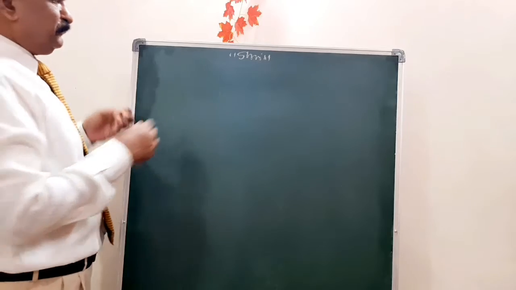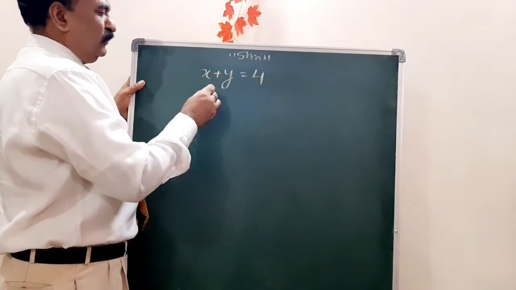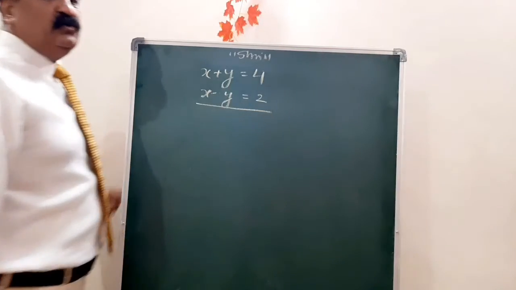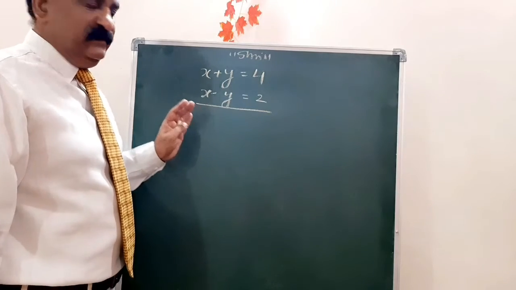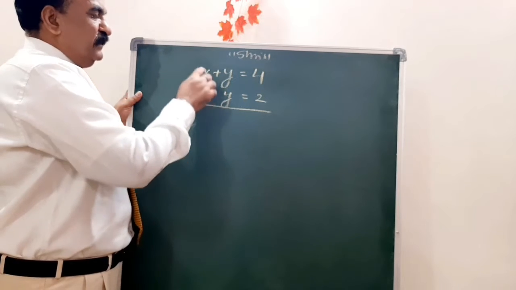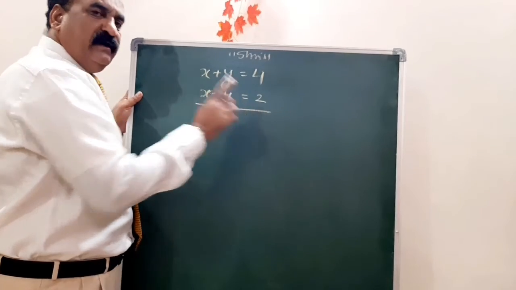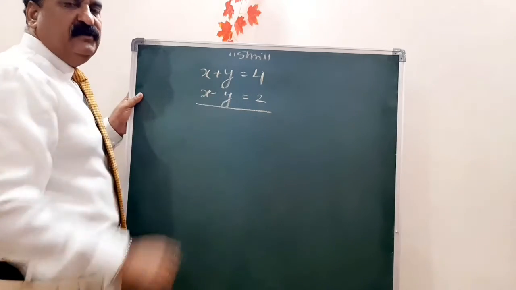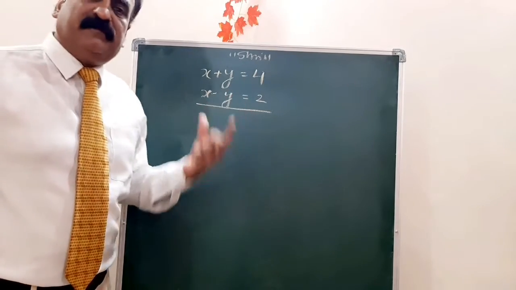Let us see how. If I write the equations x plus y is equal to 4 and x minus y is equal to 2. These are the two equations. By the method of elimination, you can solve easily by yourself. Adding, plus y and minus y will get cancelled, plus x and plus x become 2x, 2x is equal to 6, x is equal to 6 by 2, it means x is equal to 3. If x is equal to 3 is the solution, then you can put it here and find the value of y. But now I am teaching you the method of substitution.